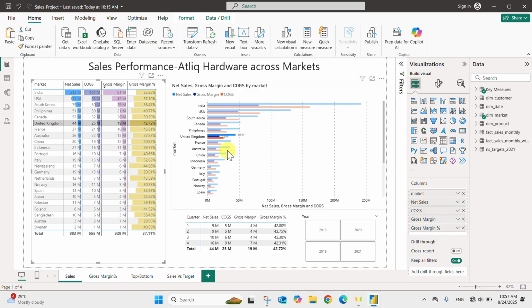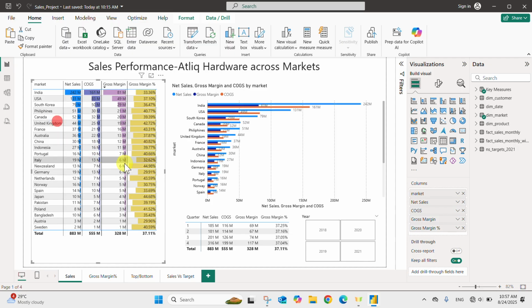Similarly, when we select United Kingdom, we can see United Kingdom and the total net sales in all the 4 quarters can be seen here. This is the interaction between the tables and the graphs. It can be seen in Power BI, but the same cannot be seen in Excel because there is something called edit interactions in Power BI. All the graphs can